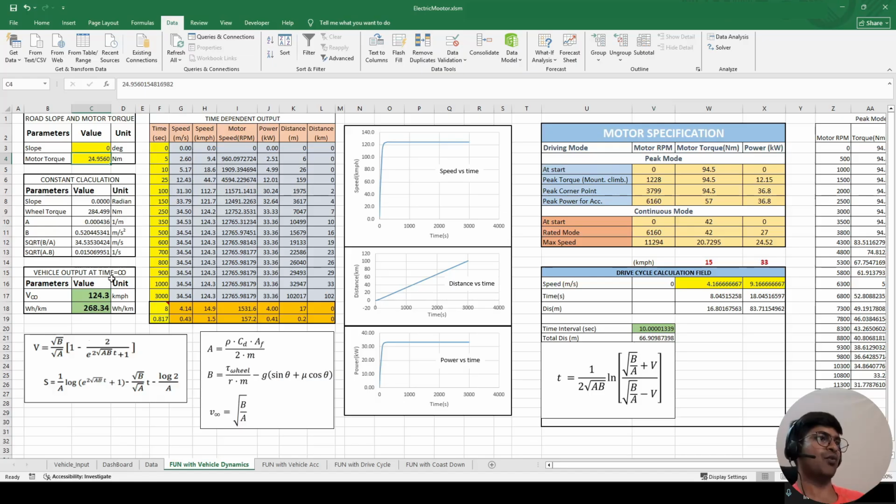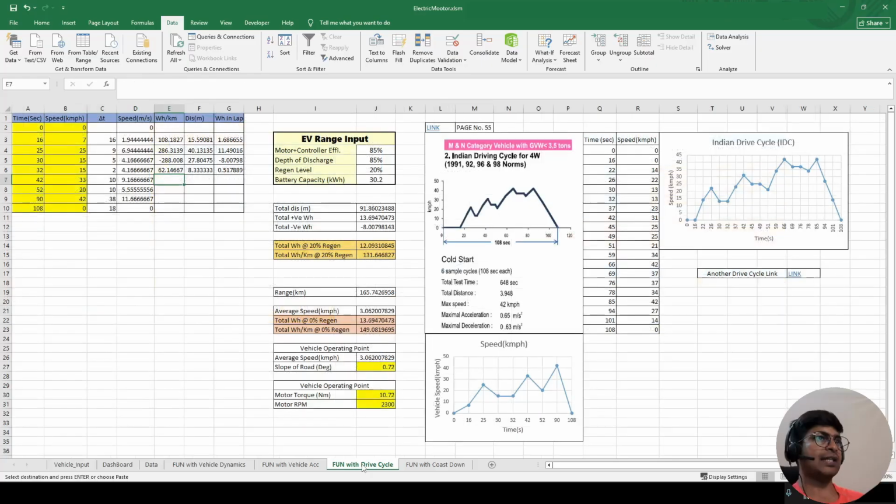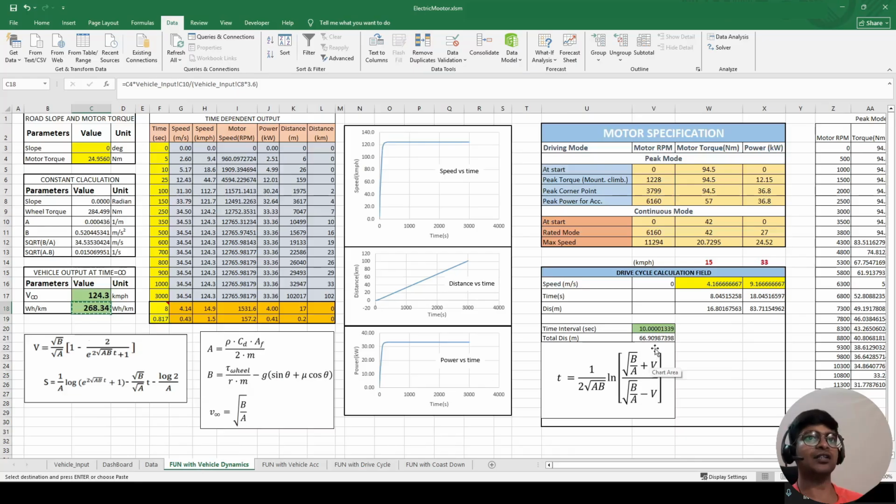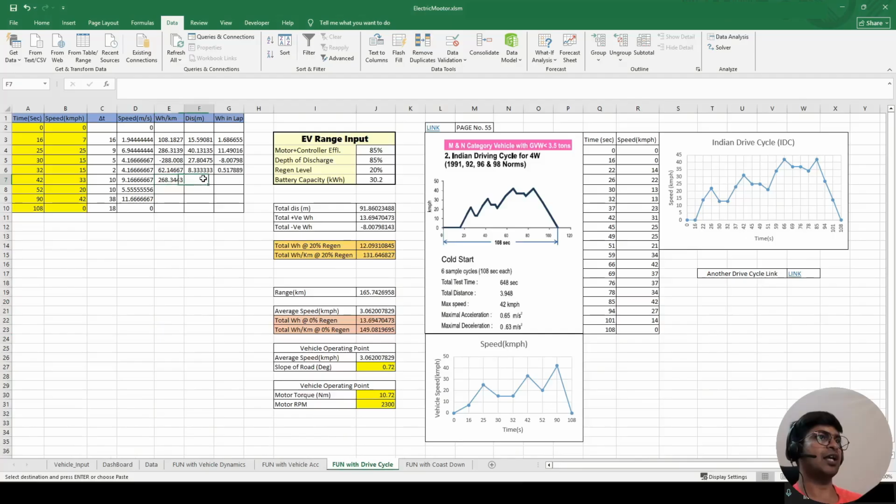And for this, what is watt hour per kilometer? 268.34. So we'll copy this value and then we'll paste it here. What is the distance that we got? 66.9. We'll copy this value and then I will paste it here, and we'll get the energy consumption during this